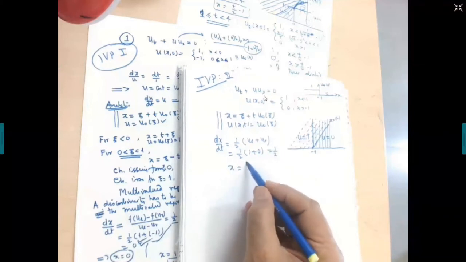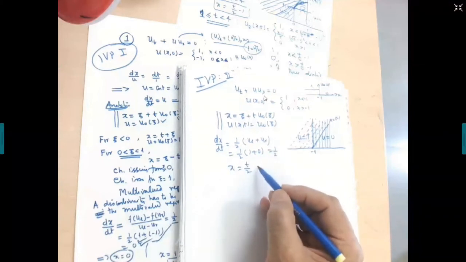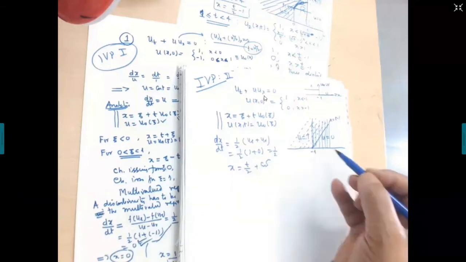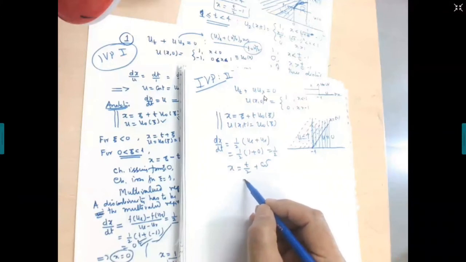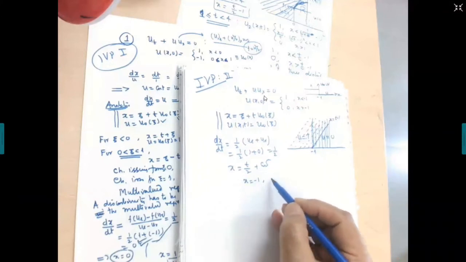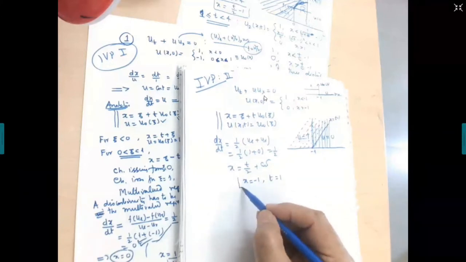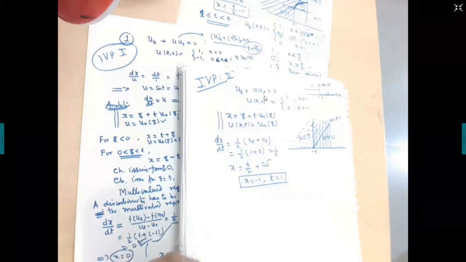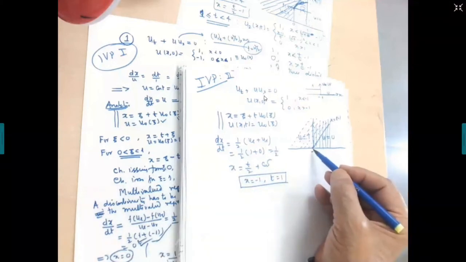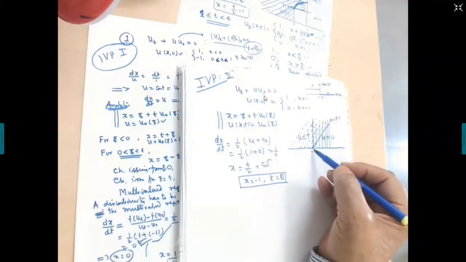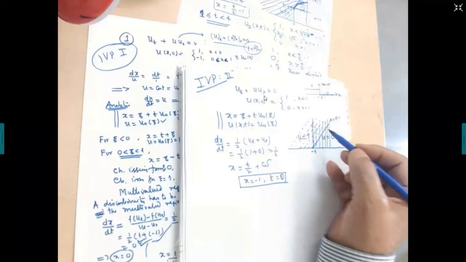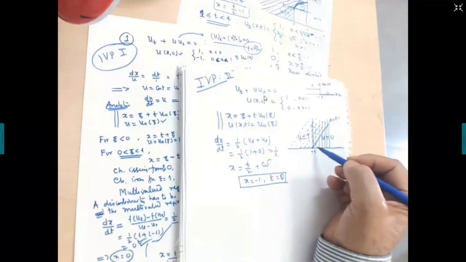So x is equal to t by 2 plus some constant. What is the value of the constant? It originates from this point now, that is x is equal to minus 1, t equal to 0. This is the point from where it originates. Is that right? x is equal to minus 1 and t is 0, because the breaking takes place right